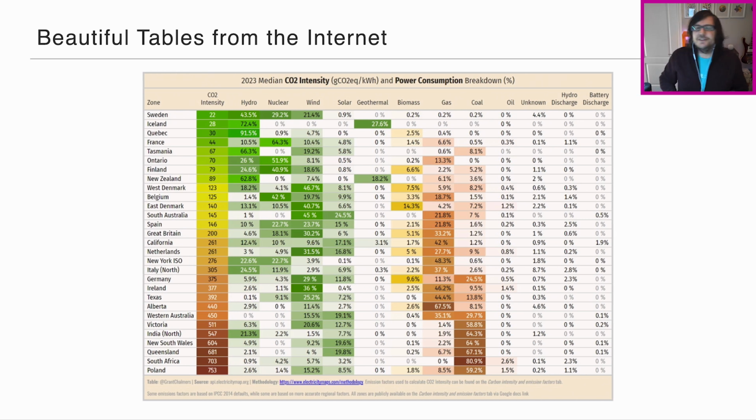Okay, here's a third beautiful table I grabbed from the internet. This is a big one. It's a lot of numbers, but the cool thing about it is that there's essentially a heat map in this table. We see lots of color, and the color is actually pretty good because it tells you what the values are without you having to look and parse each and every single value. You get an idea just from the colors presented.